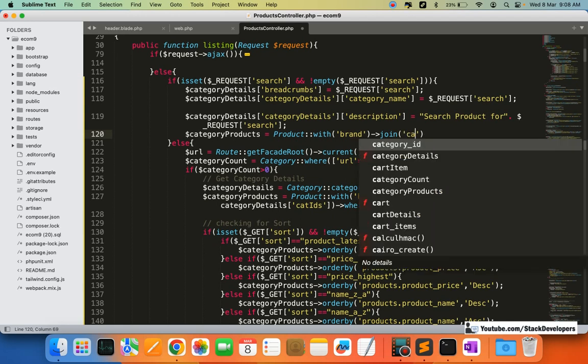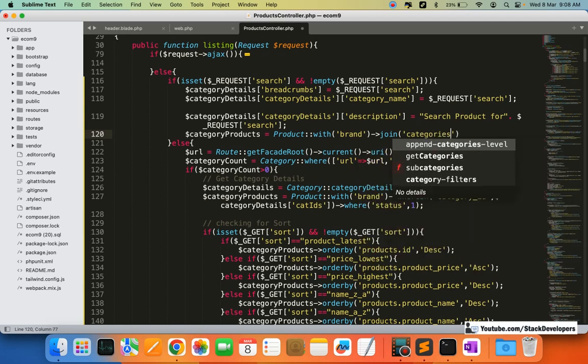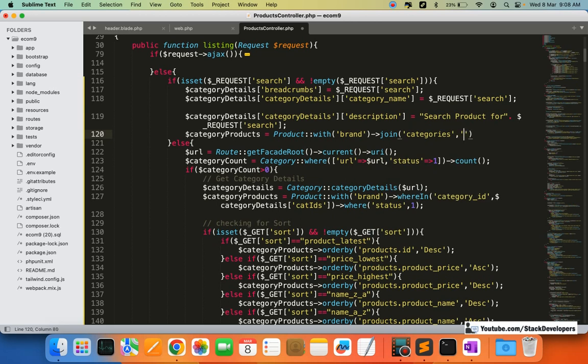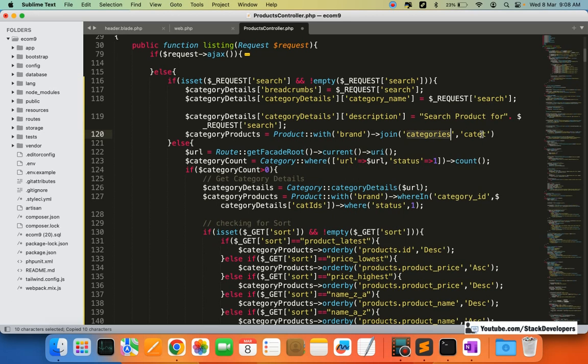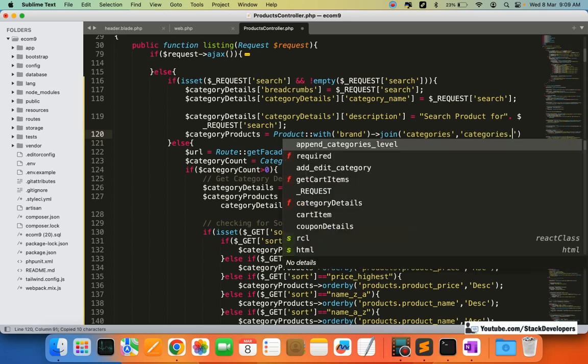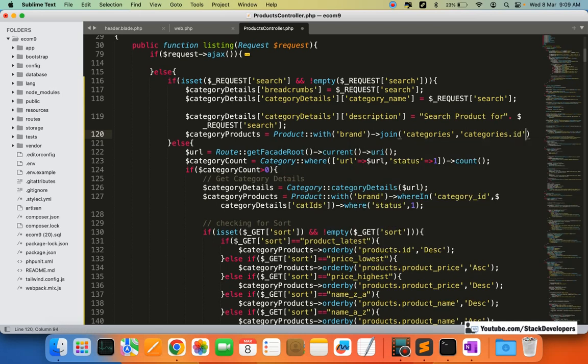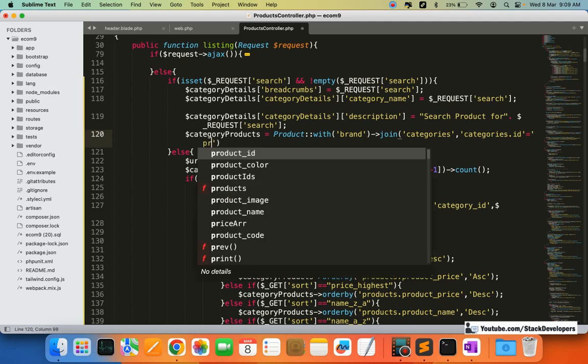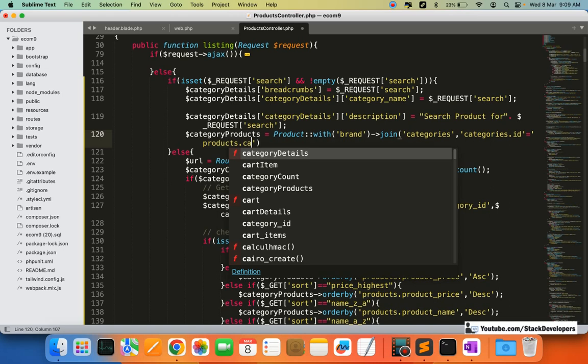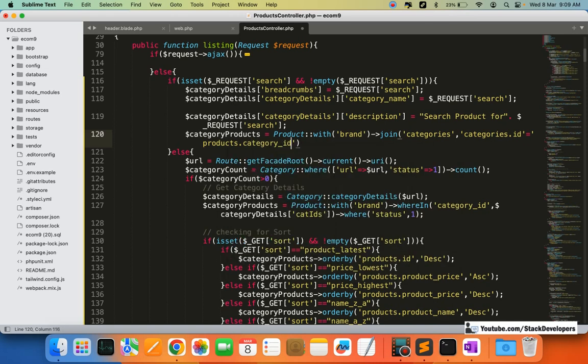Here categories, and here categories.id. We're going to copy this one, categories.id. Here we are going to compare this categories.id with the products.category_id. Products dot category_id, category underscore id. We are going to compare this with the,